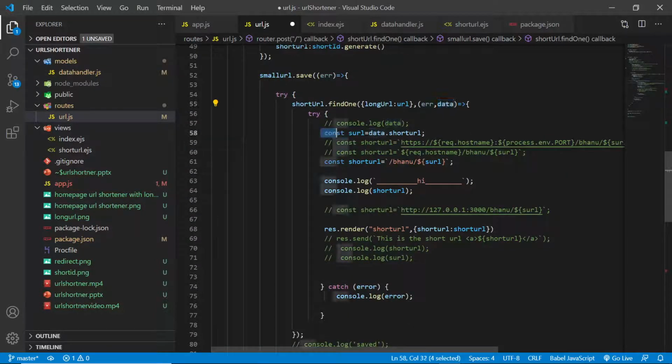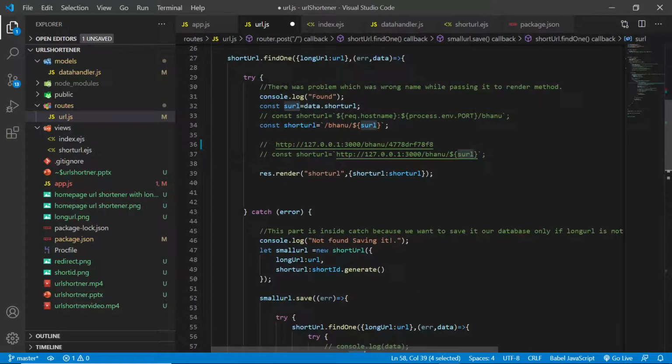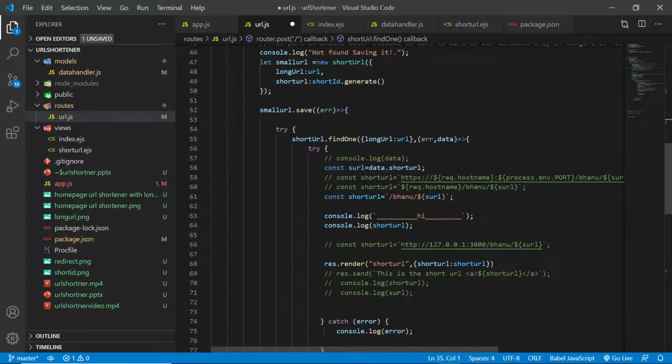If it is able to return back after saving it to the database, we can find it, right? So we will get the data. We will retrieve the short id into s URL and do exactly the same as we did for the already present one, where the URL is the new URL. Finally, after saving it to our database, we have to return back, right? So we are doing the same thing over here.